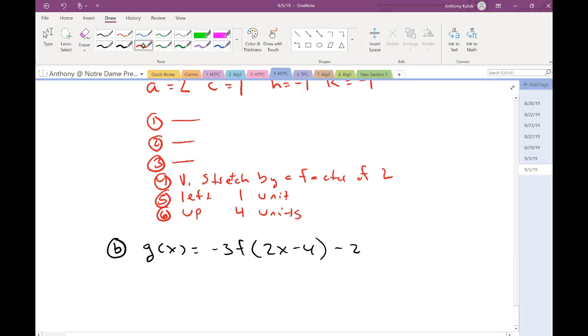So let's do one more example of this. So here we have -3 times f of 2x minus 4 minus 2. So again, I'm going to start the same way. I'm going to write my values for A, C, H, and K. My value for A is -3. My value for C is